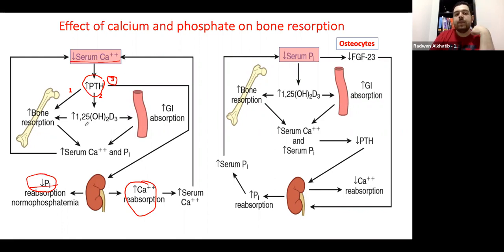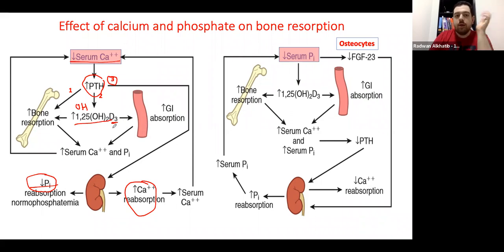The third mechanism is that parathyroid hormone will activate vitamin D. Now, what do I mean by activate vitamin D? We usually store vitamin D in our body in inactive form. We call it cholecalciferol, or the vitamin D3 form. This form is inactive. It doesn't work. In order to activate it, we need to bring OH groups to it, 2 OH groups, and that's why it becomes called 1,25